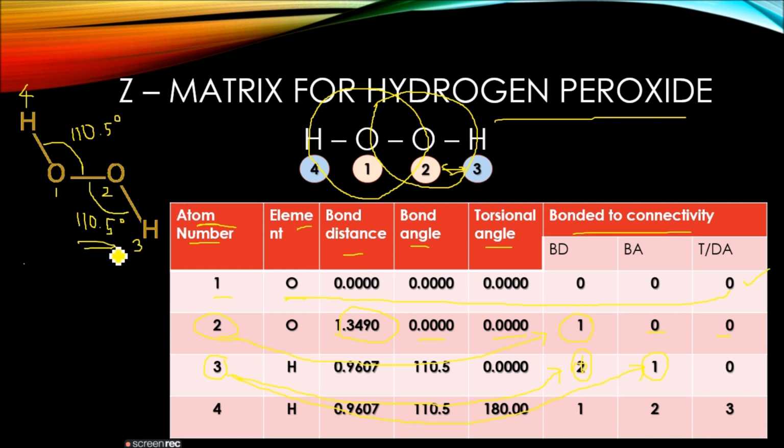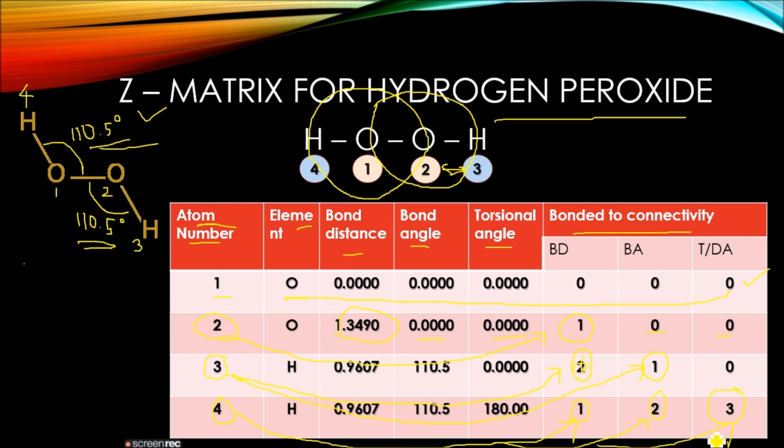And atom number 4 is connected with 1. With 4 and 1 you get a bond distance, and then atom number 4 is connected with atom 2. Again you get a complete circle, and with 3 atoms you get a bond angle of 110.5. Then atom 4 is connected with atom 3. With 4 and 3 as a whole you get a dihedral angle. There is only one dihedral angle, at 180 degrees. So this is all about the Z matrix format. This is how it looks.